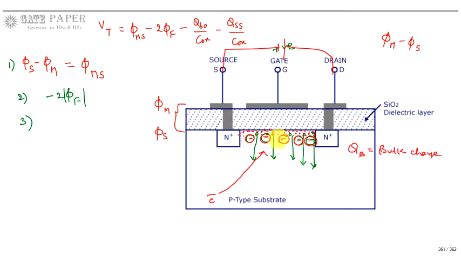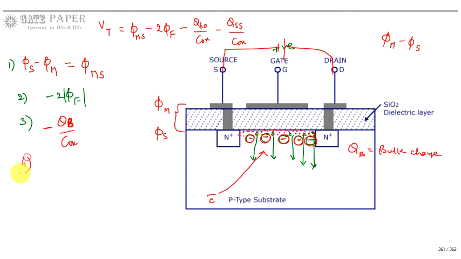That is the actual operation. There is a bulk charge introduced, and that bulk charge also has to be overcome. The voltage resulting from this bulk charge is QB divided by COX, QB or QB naught. You must apply it in the opposite way: you have to apply minus QB by COX at the gate material.